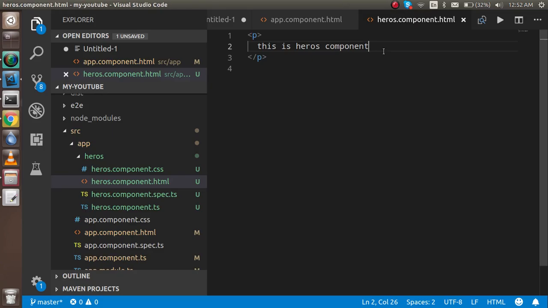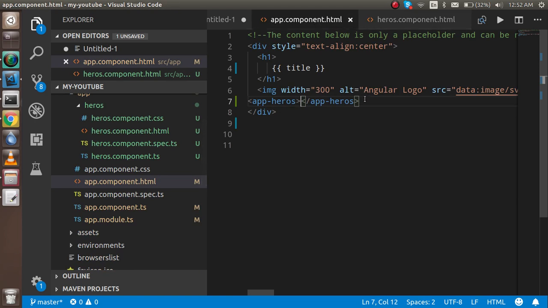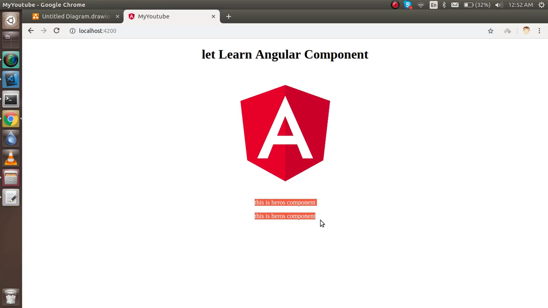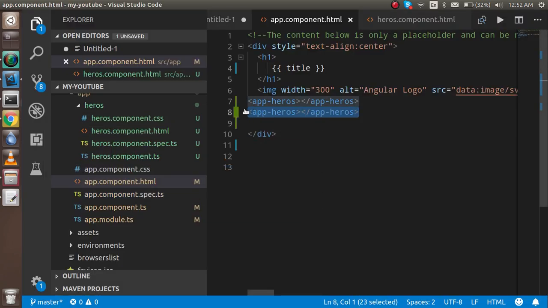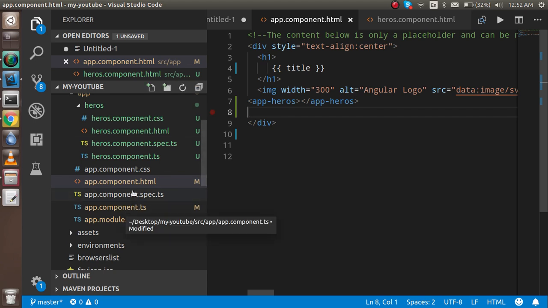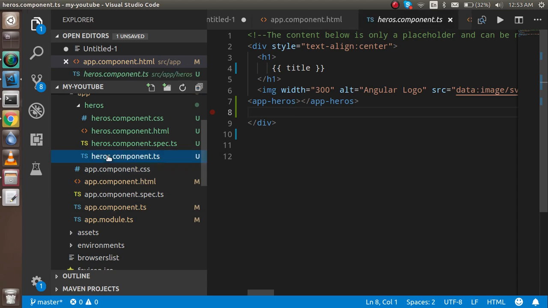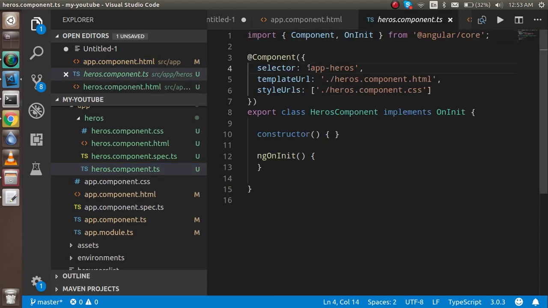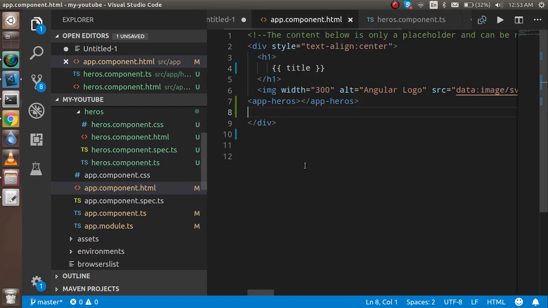So how can you use the component again? If I define it 2 times, then you will see that it shows here 2 times. There are some other ways to use the component also. For that, just go to the heroes.component file, and here if you simply write .heroes-component, you don't need to use this one, then you can simply use a div and use it with the class